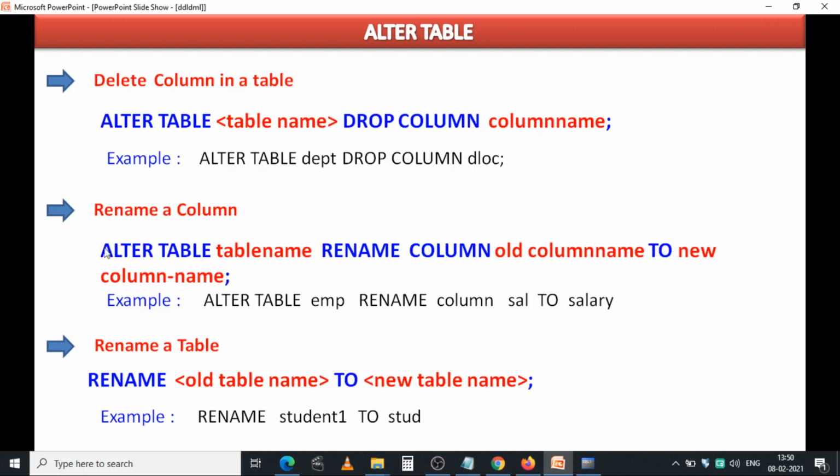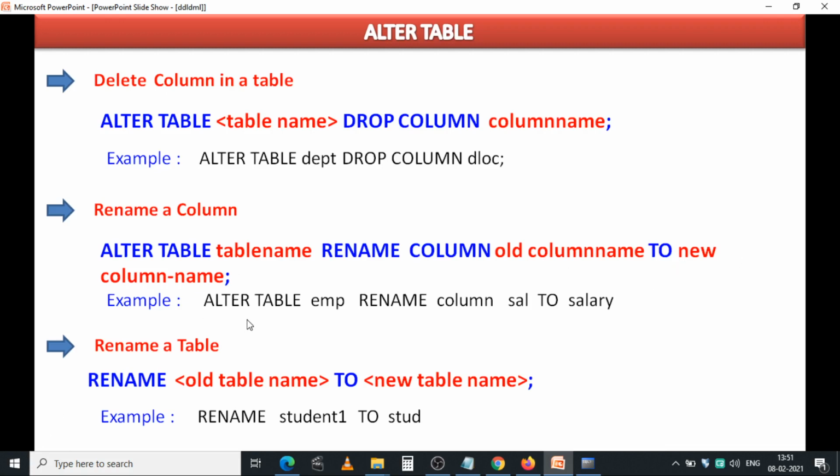And next one, rename a column. It is also possible to rename an already existing column name to a new name. For that purpose we use the rename column clause with the alter command. Just follow this syntax: alter table, table name, rename column. There must be a space between rename and column, and next you write the old column name, space, TO, space, new column name.